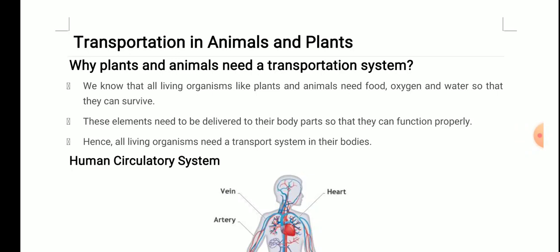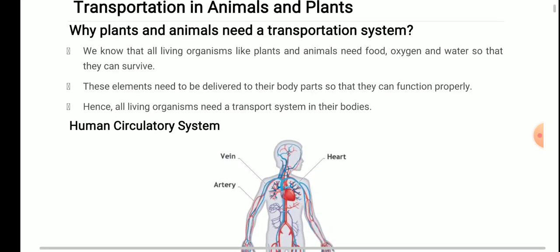Very important: all living organisms like plants and animals need food, oxygen, and water so that they can survive. Now, how do these reach all the parts of the body? With the help of the blood. Yes, you are right. The blood circulates this food, oxygen, and water to all the parts of the body so that they can function properly, and hence all living organisms need a transport system in their bodies. Okay,